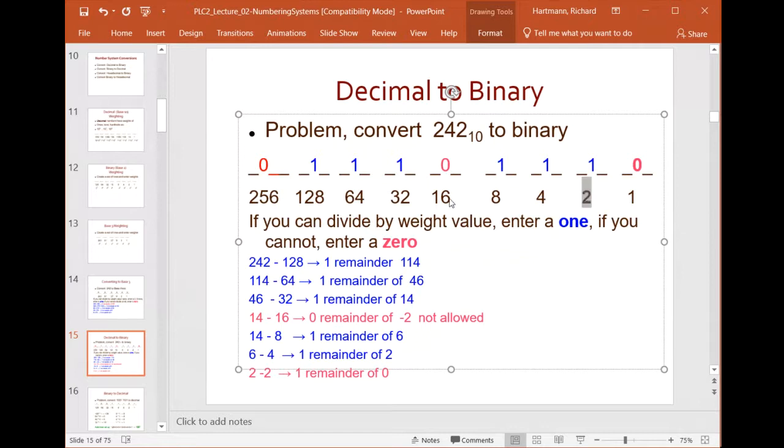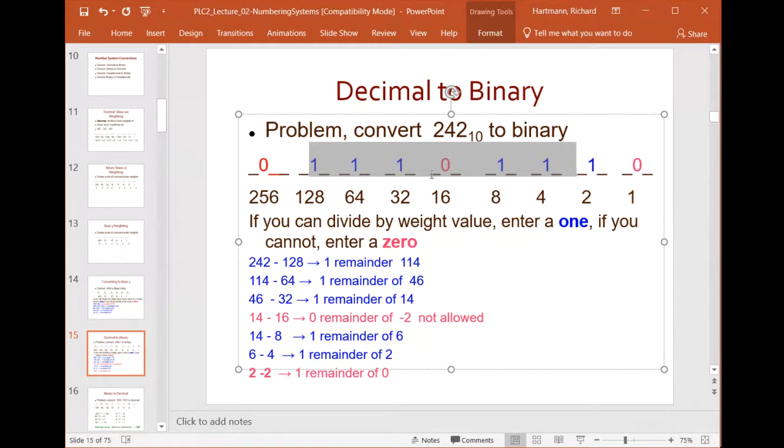And I'm going to look at this column, and this is the 2's column. All right, so I'm going to take 2 minus 2, and that doesn't go negative, right? It gives me no remainder, but it doesn't give me a negative value. Okay, so it gives me a 0. So I put a 1 here because I did that subtraction, and then I got nothing left. So I just put a 0 up here. And so 242 base 10 in binary turned out to be